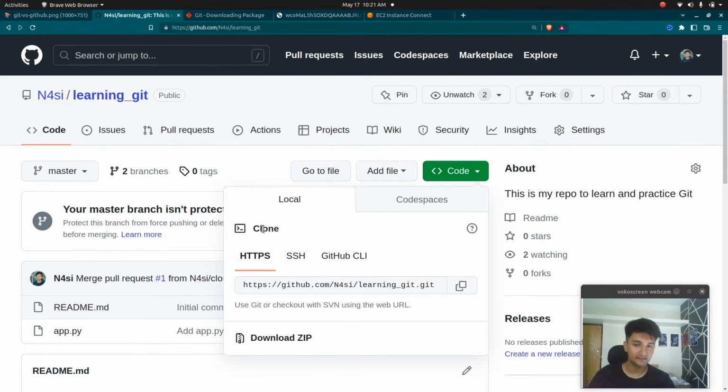So cloning means getting the code to your server. There are three options for you. You can either use HTTPS, SSH or GitHub CLI. HTTPS requires you to have a password and username if it is a private repository. If it is a public one, you don't require that. SSH will require you to add the SSH key, and then you have GitHub CLI, which we are not going